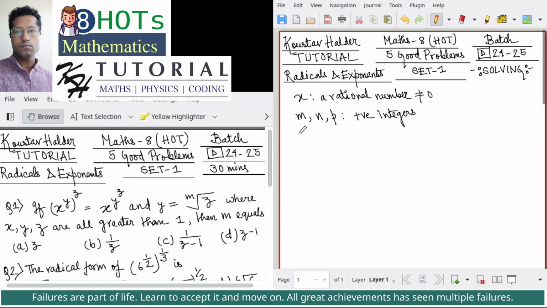Now I will write some radical forms. The same expression or the same value, I will write as a radical form and in the exponential form,